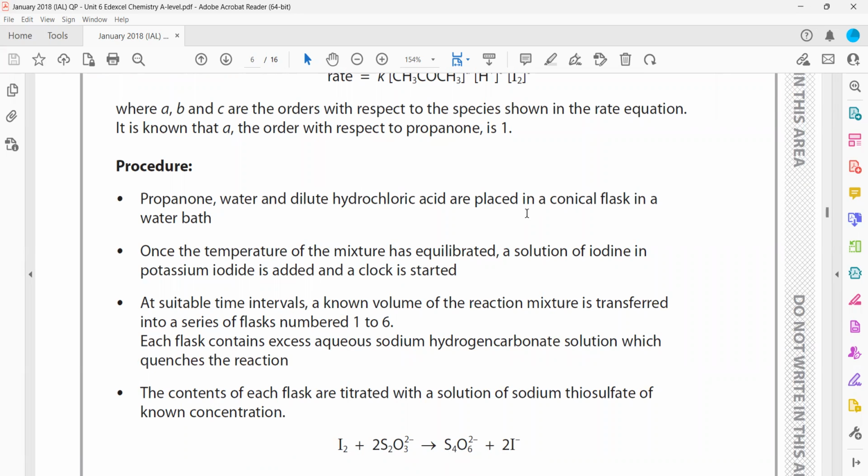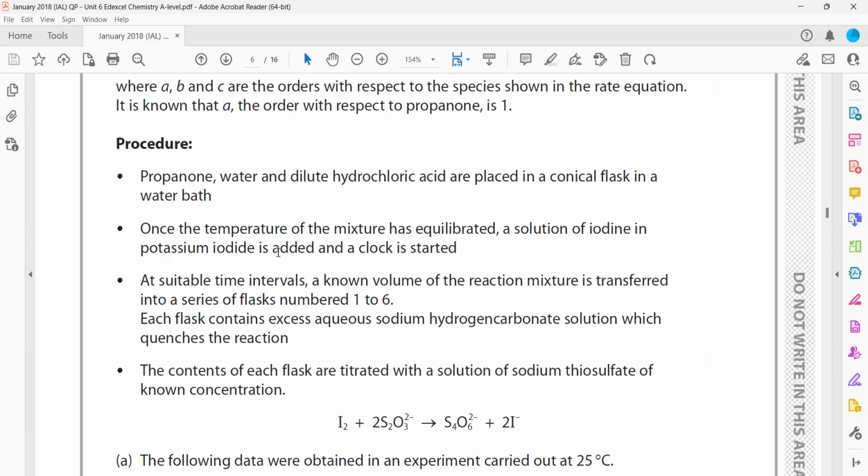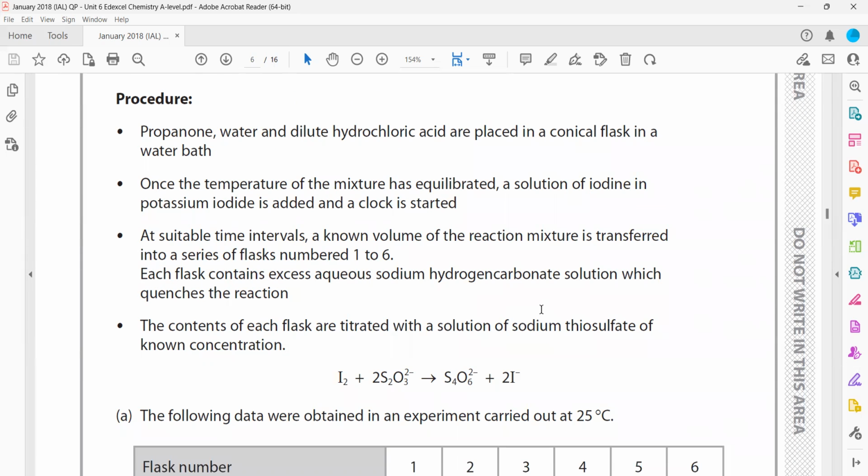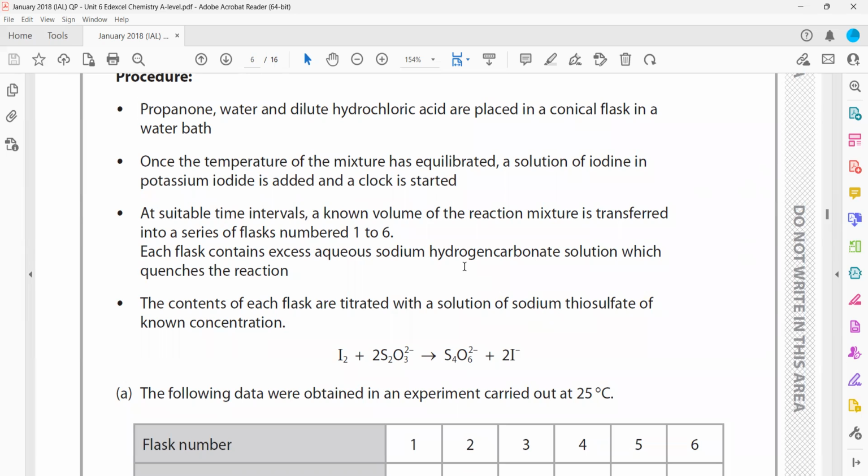Propanone, water, and dilute hydrochloric acid are placed in a conical flask. Once the temperature of the mixture has equilibrated, a solution of iodine in potassium iodide is added and a clock is started. At suitable time intervals, a known volume of the reaction mixture was transferred into a series of flasks, numbered from 1 to 6, and each flask contained an excess of sodium hydrogen carbonate. The purpose of sodium hydrogen carbonate is to quench, so that the reaction will stop or slow down. Because we can do quenching by either adding a reagent,